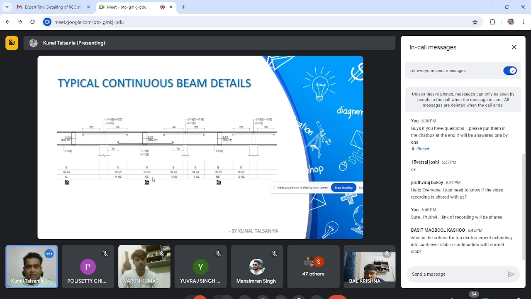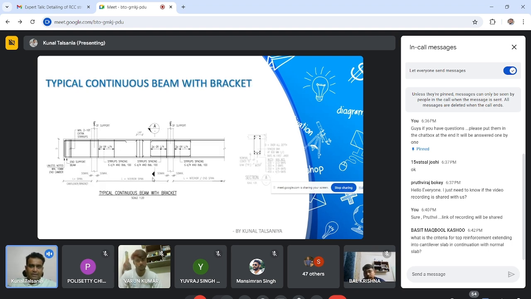This is just an example of how we are detailing in actual practice. Okay, a typical continuous beam with bracket. This is also important. So, like a slab, if this length is L, you have to keep at least 1.5 L as back anchorage. The minimum criteria as per code is L, but I prefer you take this bar at least 1.5 L if possible, because cantilever beams or cantilever slabs are more prone to cracks at site at a later stage, and